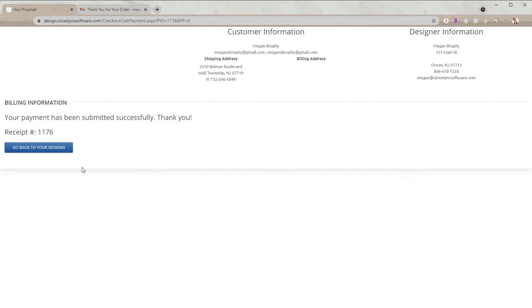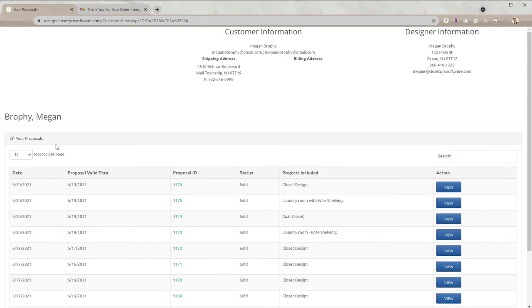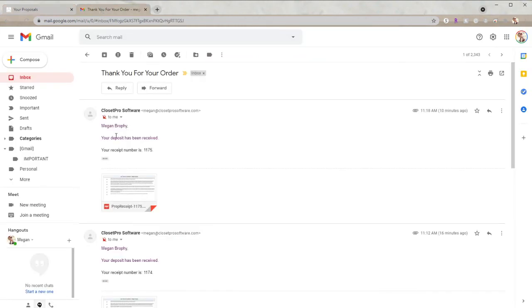And any of those buttons, whatever they choose to pay with, they're just going to get this that says your payment has been submitted successfully, thank you, and with their receipt number, and they can go back to their designs. So you as the designer will get an email saying that your customer accepted your proposal, and the customer is going to get this email that says their deposit has been received with their receipt number, and it's going to